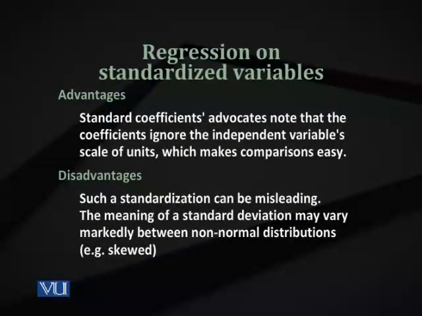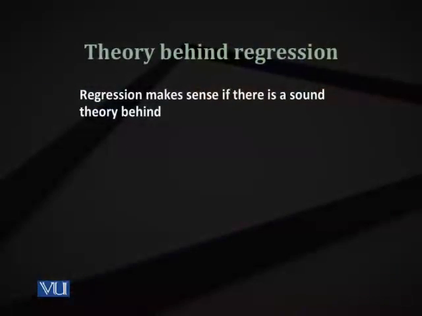For example, standardization can be misleading. If the distribution is skewed, the errors are not normally distributed, or we have non-normal distributions, then the results of standardized beta coefficients would be misleading, as basically we assume that errors are normally distributed and we have specific distributions. So in some cases the standardized beta coefficients will be misleading. We have to take care of that. If we have normal type of data, then we can easily interpret the beta coefficients. So we need some tests to check whether we are capable of using standardized beta coefficients in case of this type of data.